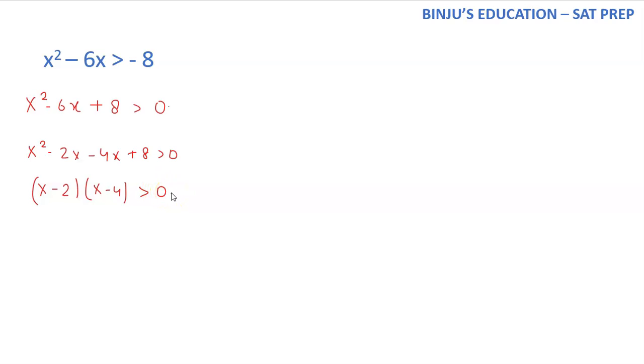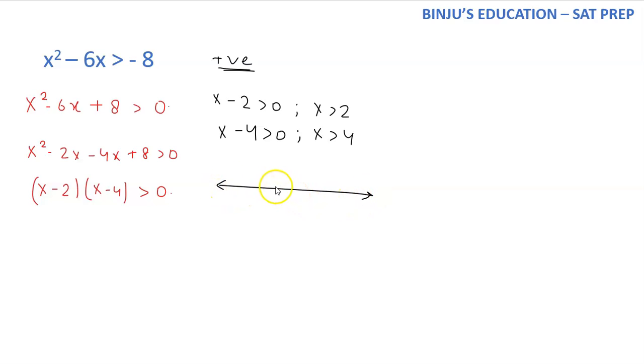So you can again relate this to a into b greater than 0. That means both positive or both negative. So I'm going to take the first case when they both are positive. If they both are positive, that means x minus 2 should be greater than 0 and x minus 4 should also be greater than 0, which will give me x greater than 2 and x greater than 4. Draw this on the number line. I'm going to have 2 somewhere here, 4 somewhere here. So I'm going to have greater than 4 and I'm going to have greater than 2. What is the common region? You'll observe that the common region is greater than 4. So if they both are positive, then the value of x should be greater than 4.